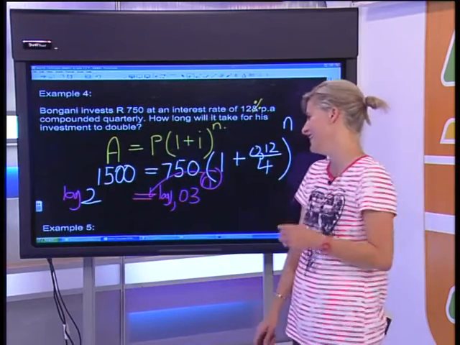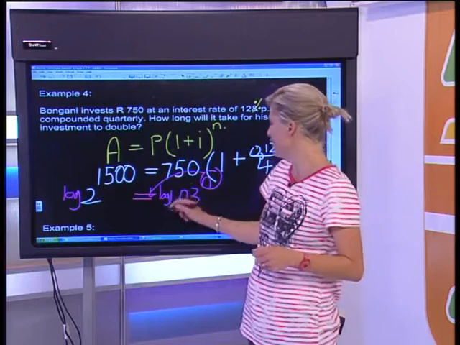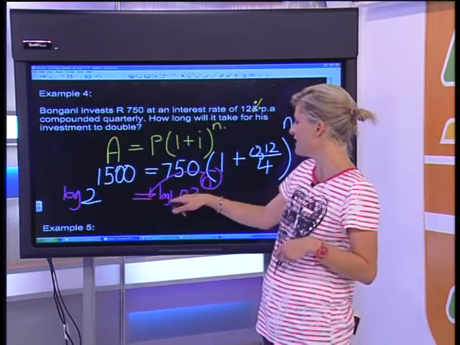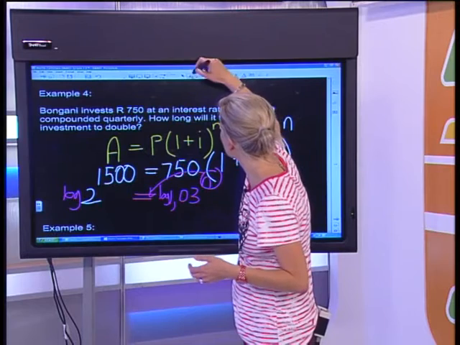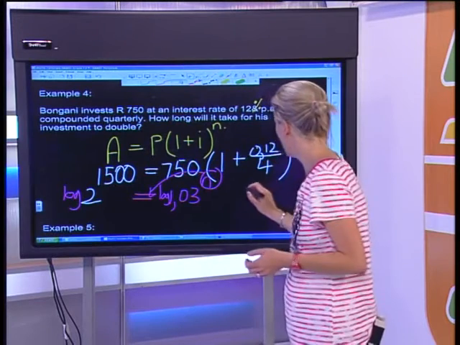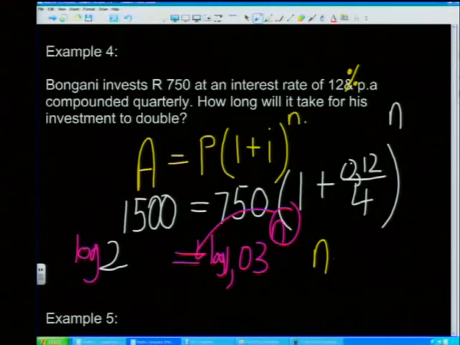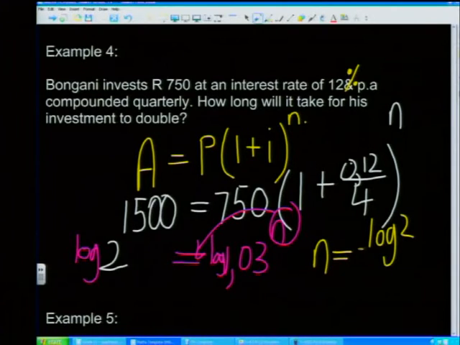Right, guys, so now if I take the n to the front and I divide both sides by log 1,03, I'm going to get my answer. So let's have a look. I'll use a different color. I'm going to say n is equal to, so now the n is in front there, log 2 over